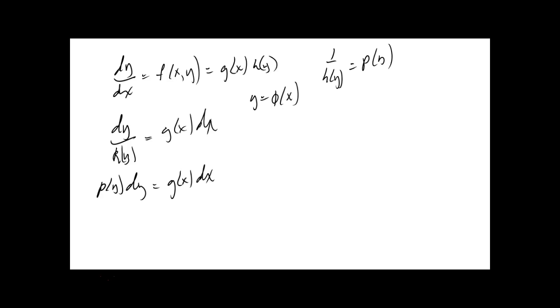And if that represents a solution to, I'll rewrite this equation as p of y dy/dx is equal to g of x. That was the thing I would have had before I put it in differential form. If that phi of x is a solution to that, we must have